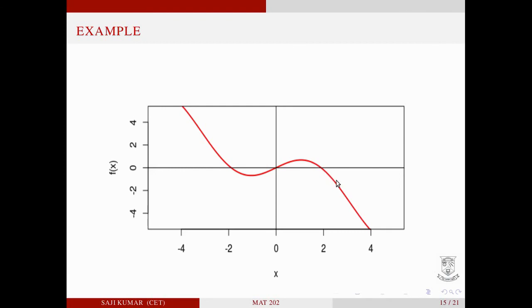That means whenever the continuous function f(x) crosses the x-axis, we can have a root. That will happen only when the function values are changing from positive to negative or negative to positive. If the function values at two different points, say a and b, are such that f(a) is positive and f(b) is negative, or f(a) negative and f(b) positive, we can say that there is a root lying in the open interval (a, b). So we will apply this technique for finding roots using bracketing methods, for example the false position method or regula falsi method, and we will discuss that topic in the next video. Thank you.